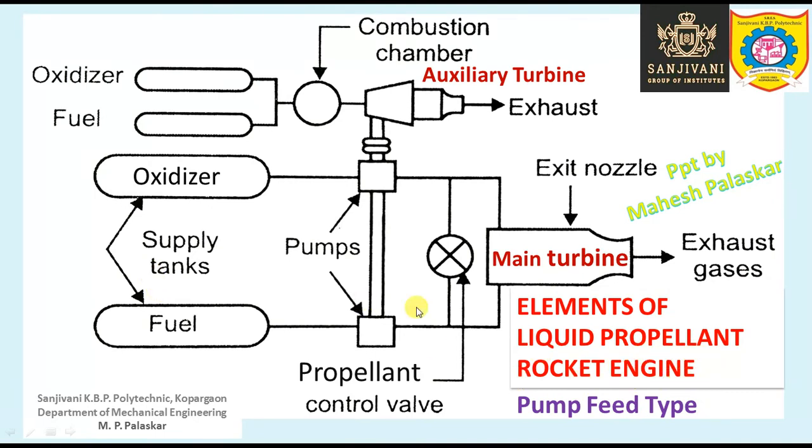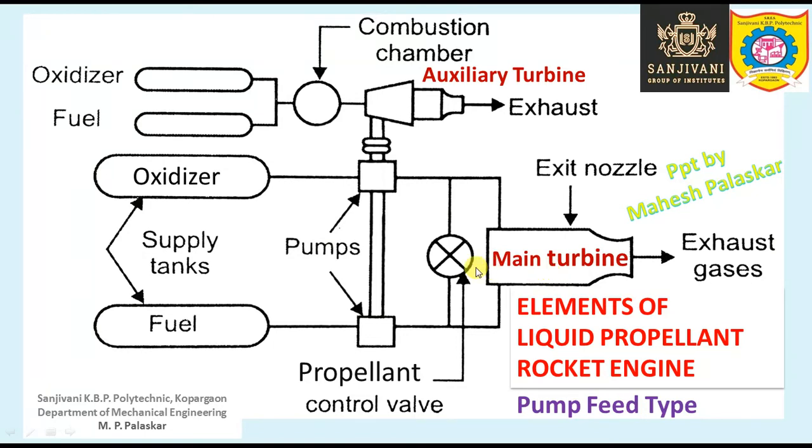In the case of the liquid propellant rocket engine, the fuel is present in liquid form in a tank, as well as the oxidizer is also present in a tank. So this is a tank which contains oxidizer, this is a tank which contains fuel, and the fuel and oxidizer can be supplied to the turbine from these tanks, and these two pumps are available for pumping the oxidizer and the fuel. So this pump will pump the oxidizer inside the turbine, and this pump will pump the fuel inside the main turbine. But the feed